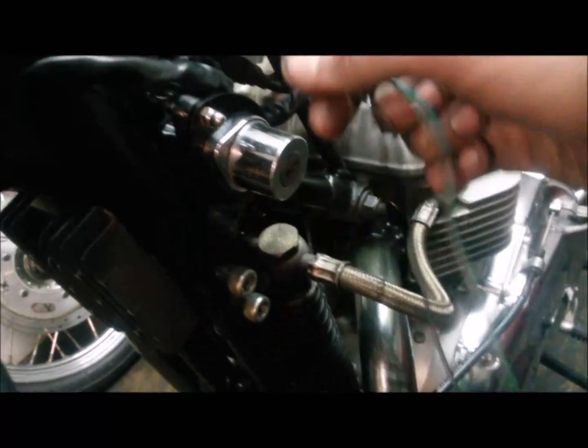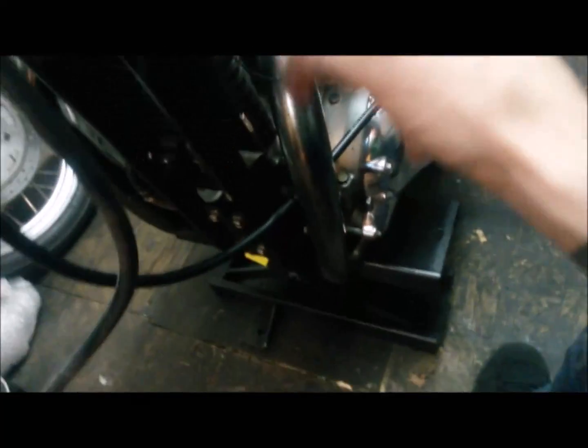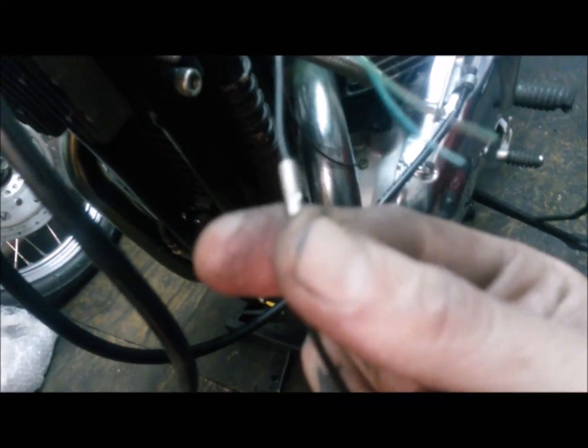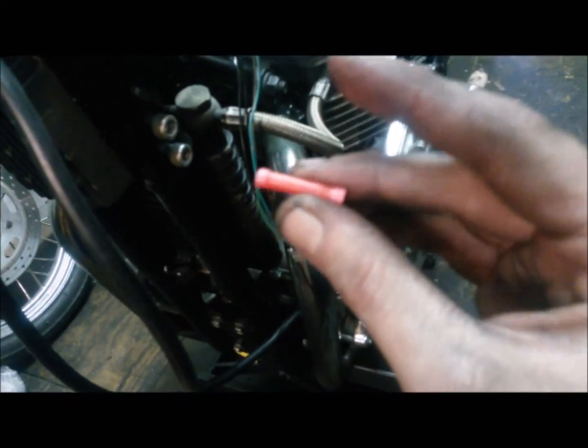Hidden behind the frame, it just gives you a little bit more space in the headlight bucket as well. Right, I need to get these indicator wires a little bit longer, so I've started. Easiest way I'm going to do it is get some extra wire, and see, I've made a first one, a crimp like that. Now all I've got is these butt splice crimps, and they're fine, they're great, but I